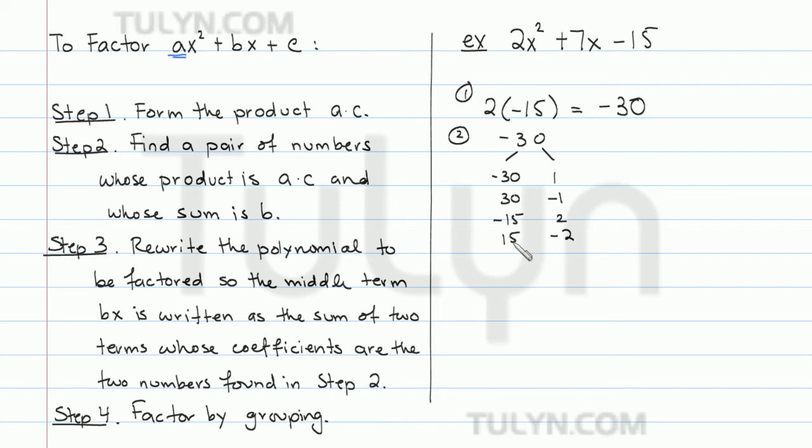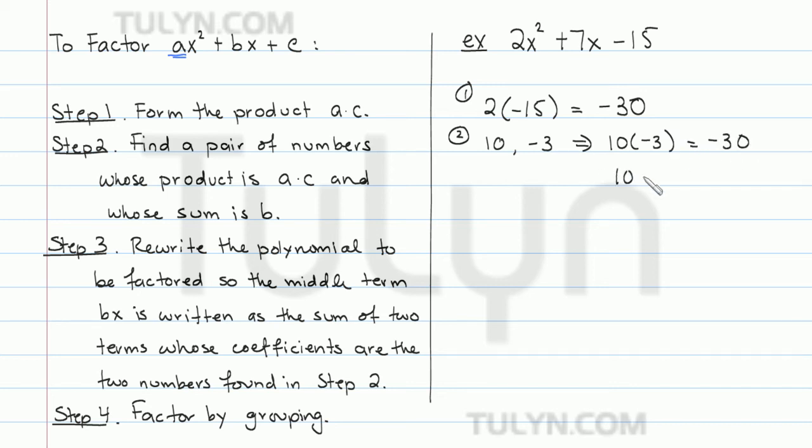Not yet, right? 30 is also 10 times negative 3, or negative 10 times 3. And oh look, if you add 10 and negative 3, you get positive 7, right? So we found the two numbers who, when you multiply them, give you negative 30, and when you add them, give you positive 7. So let's erase all this scrap work here, and let's write this down as our result for step 2. So we had 10 and negative 3, right? That's because 10 times negative 3 is negative 30, and 10 plus negative 3 is equal to positive 7,